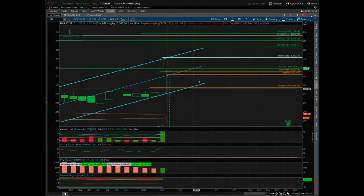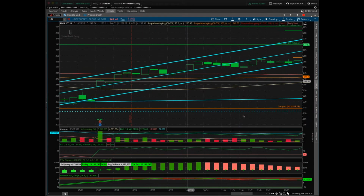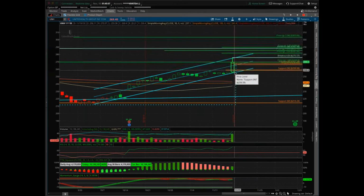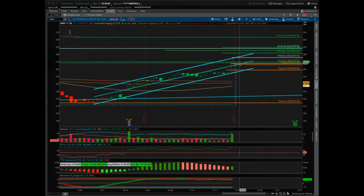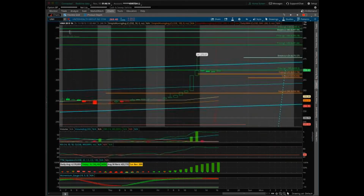Now we have that cup. We can definitely consolidate in this range before we push up again, but we do have a nice bullish channel here. We have this nice bullish channel on the daily, and we hit that top end of that bullish channel, and then we sold off some. But we could consolidate maybe a day or two and then try to push up again. If we go down to the hourly chart, we can see that we have this nice bull flag here. We do have a big topping tail, but we do have a nice bull flag